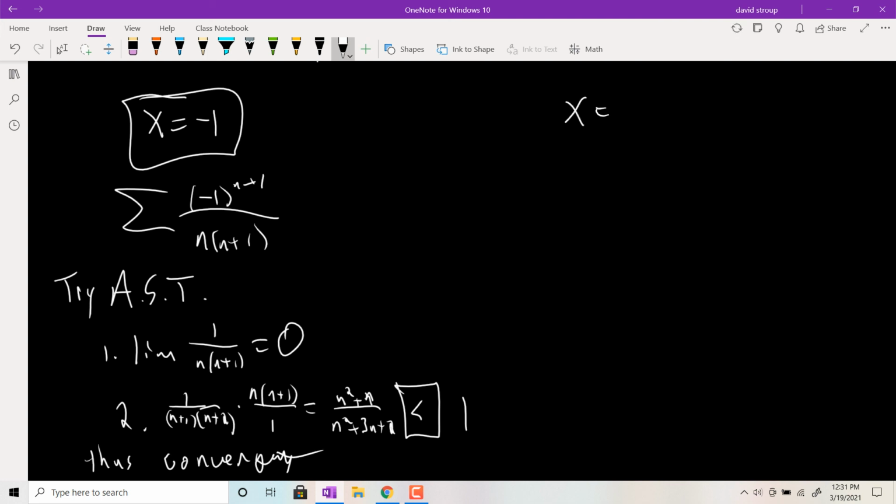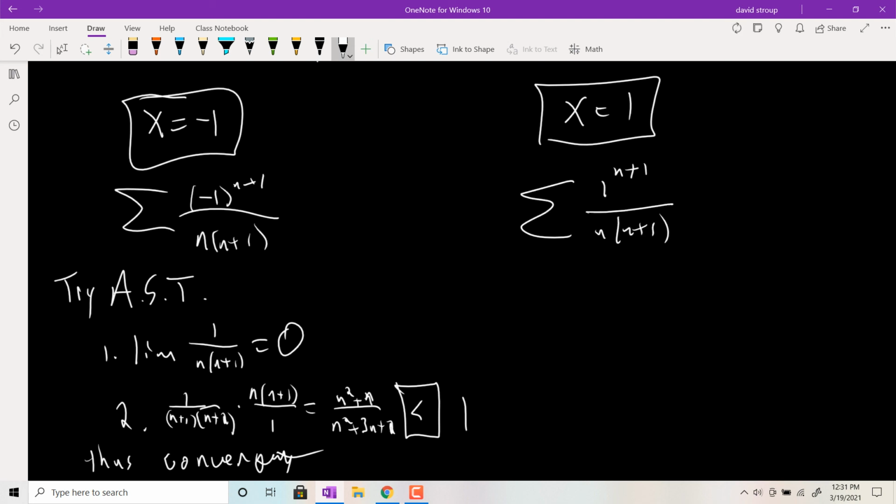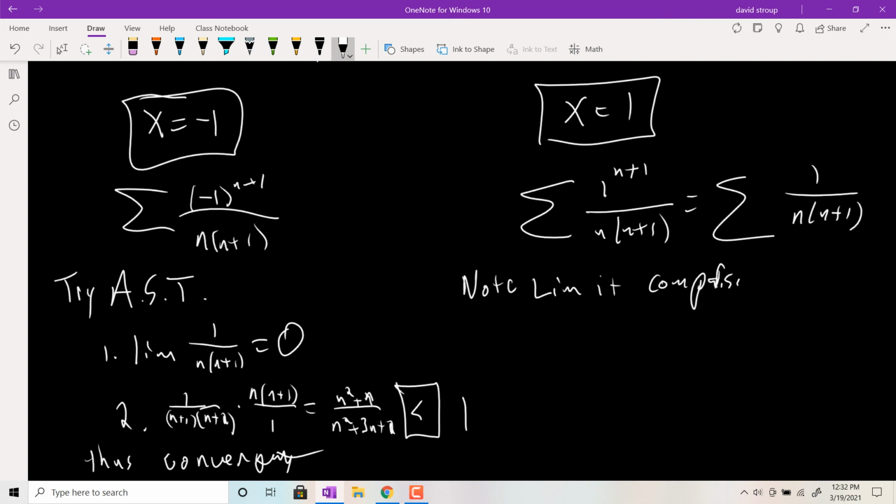Let's look at the other endpoint, x equals 1. So we have the sum of 1 to the n plus 1 all over n times n plus 1. 1 to any power is 1, so you get the sum of 1 all over n times n plus 1. This time let's do a limit comparison test. So note limit comparison. Looks like you could probably do a telescoping on it, but limit comparison really is a little faster. So note limit comparison test. What are we comparing with? So compare